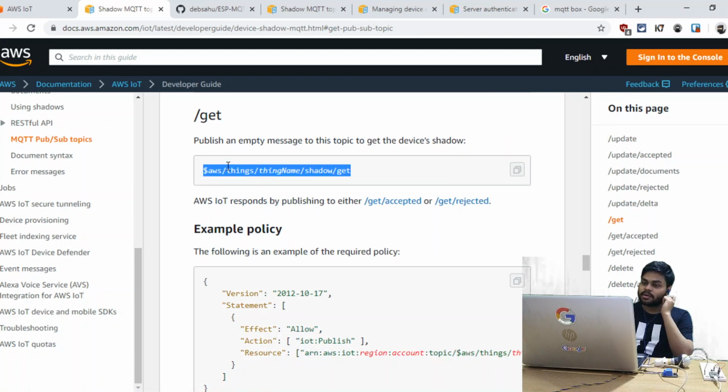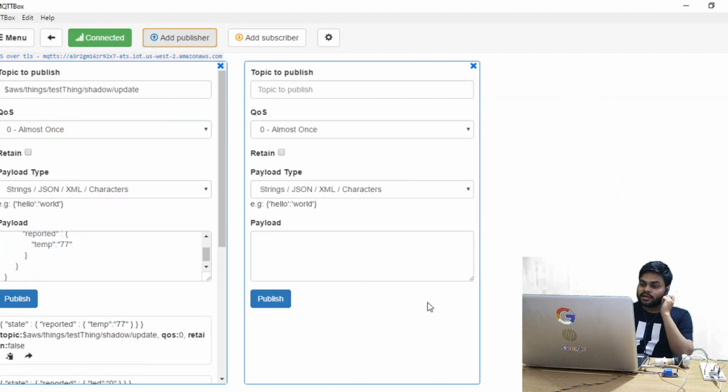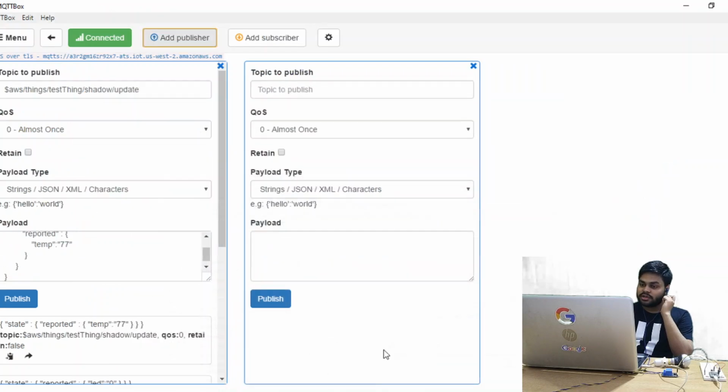You need to basically publish an empty message on this topic. Okay, so this is the topic, add a publisher, and you need to publish an empty message on it. Just replace this thing name with your thing name. In my case it is test thing.